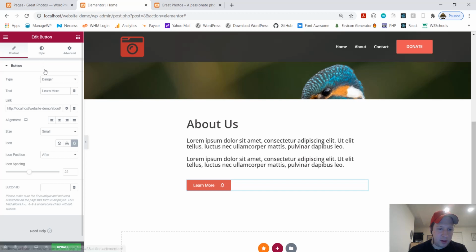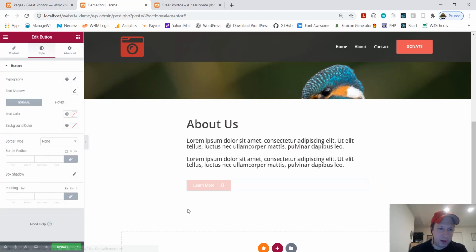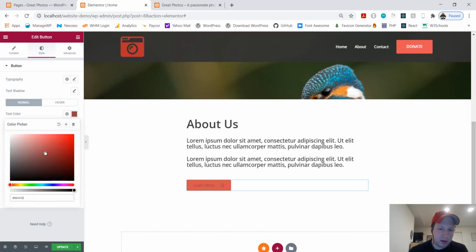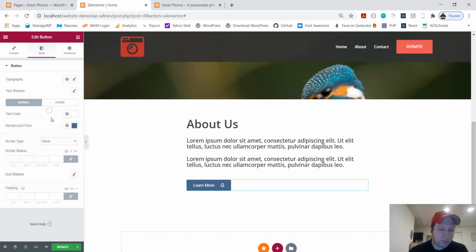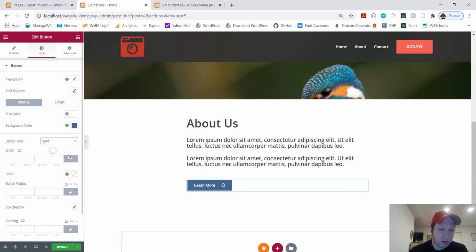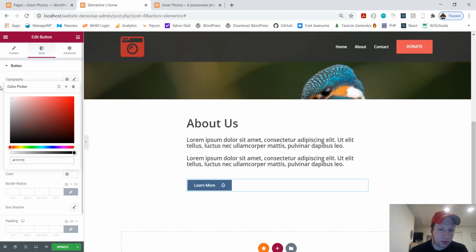Let's see. Here's our styling for our button. If you didn't like these colors that they have, you can change the color, as soon as it loads. God almighty, guys, I'm sorry. It's pretty ugly. Then this is normal. Okay. You can also add a border, solid, border color. Let's pick something like that.